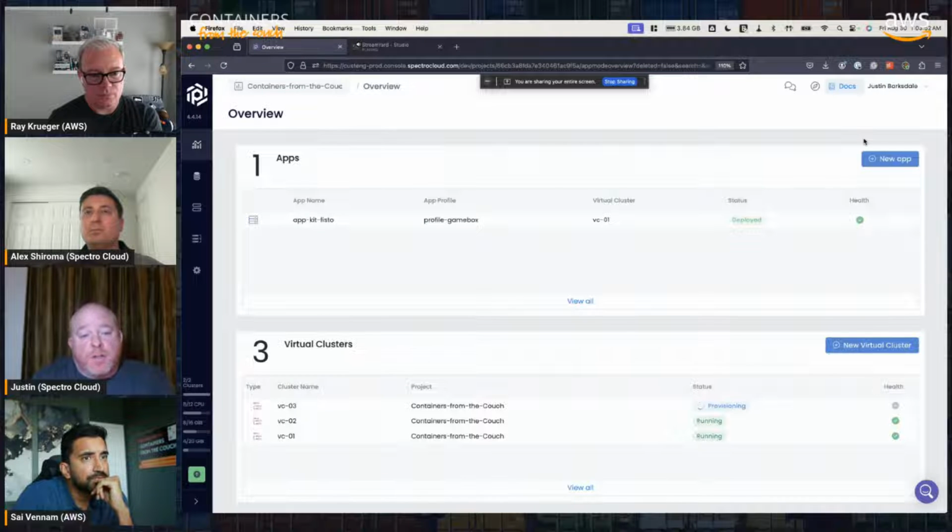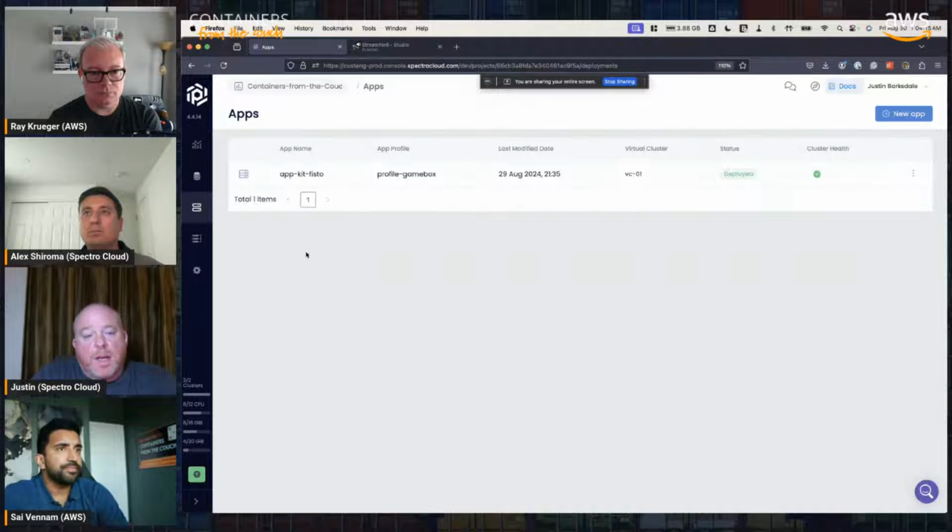Yeah. And the user doesn't know that, right? They don't know what is underlying. They just know that they're getting a Kubernetes cluster. And so we've been focused very much right now on that view that we just saw, which is more platform administration, but what about the developer? We're developing and iterating over a development view where I don't necessarily care about the infrastructure. I just want to spin up an application.